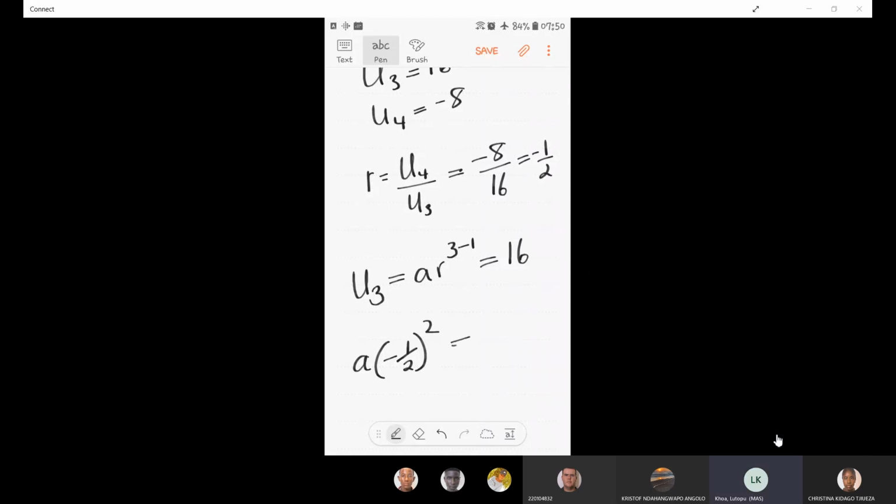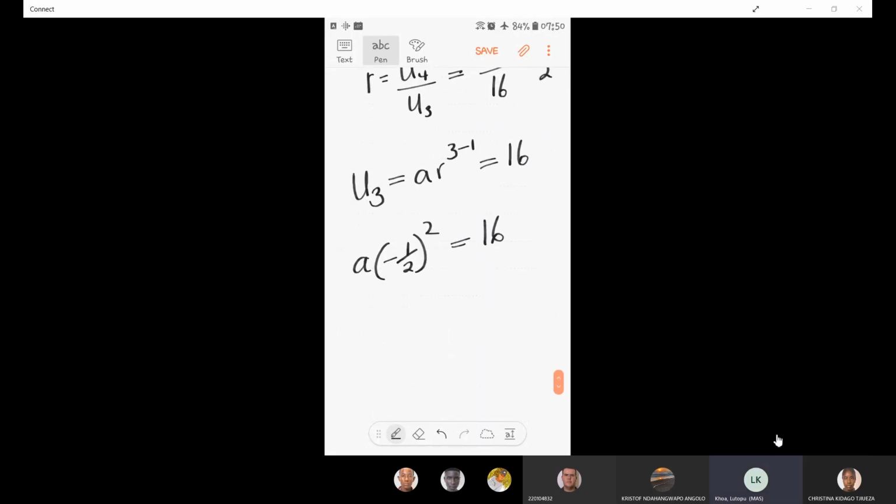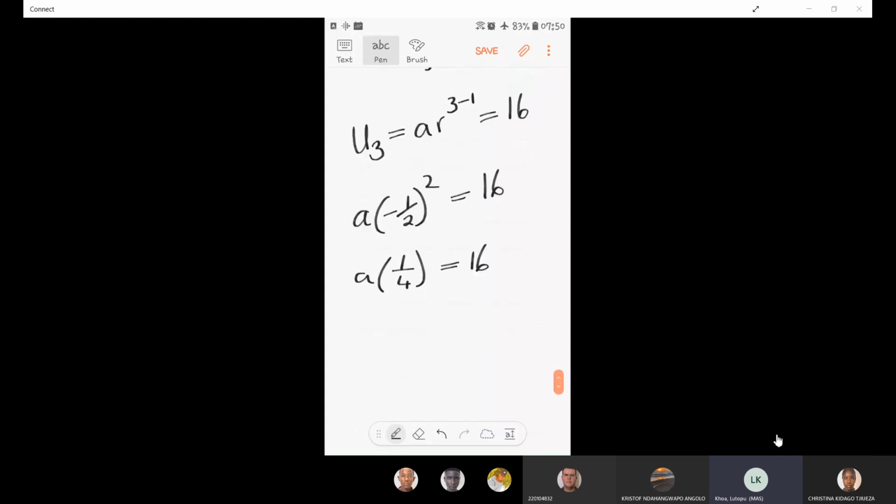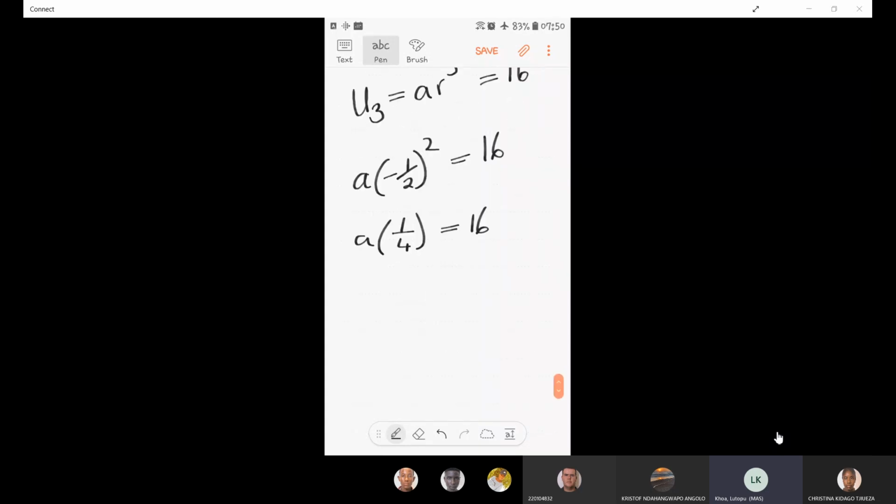And this is equal to 16. So a half to the power of 2 is 1 over 4. This is equal to 16. And then what I do is I multiply by 4 on both sides. I get a is equal to 64. Okay, so now that I know what my a is, and I know what r is,